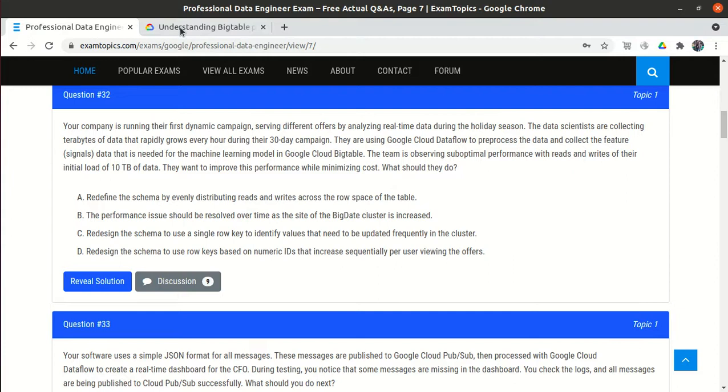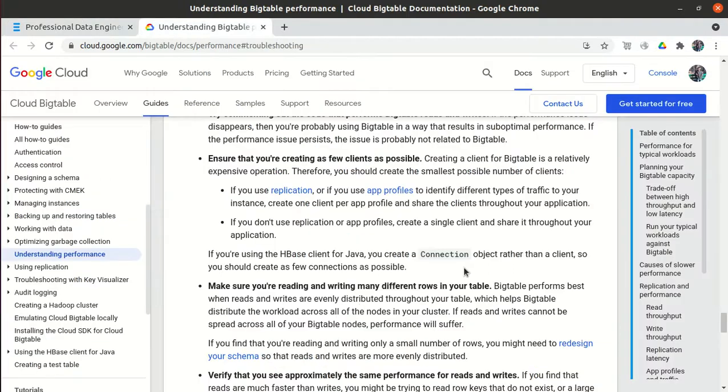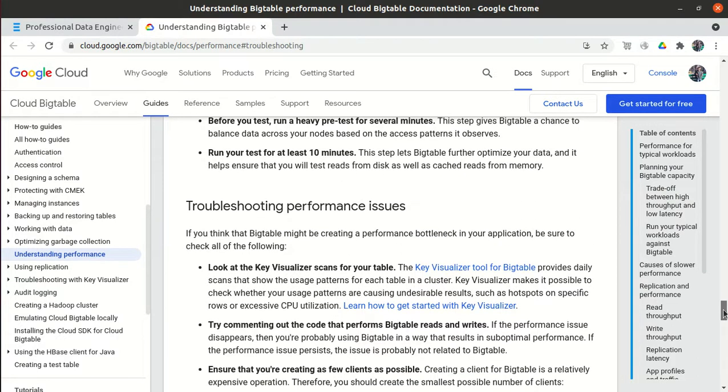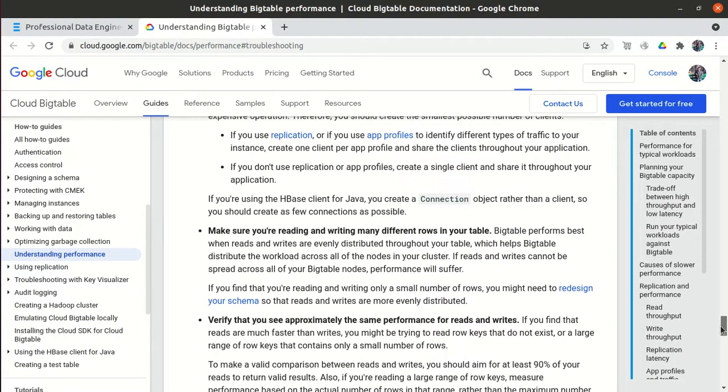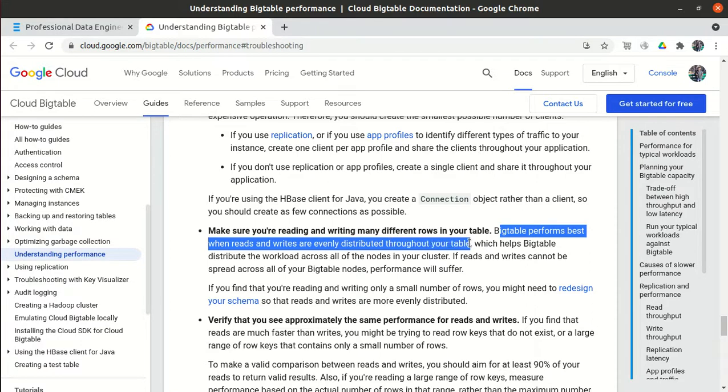If we go to the official documentation, it is mentioned: Bigtable performs best when reads and writes are evenly distributed throughout your table, which helps Bigtable distribute the workload across all the nodes in your cluster.